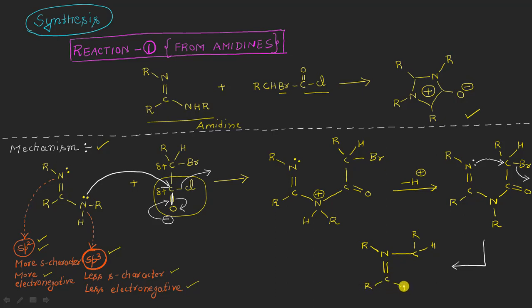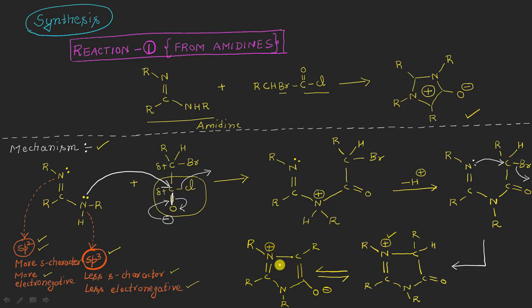R here single bond nitrogen, the other R group single bond C double bond oxygen, and there will be a bond in between this and this, right? And of course a positive charge will now be present on this nitrogen atom in this way. We can always show the second tautomeric structure here, that will be R single bond nitrogen, single bond C R here. This will be a double bond as usual, a carbon here, this R group, single bond nitrogen having this R here, this will be a double bond now here, and this will become a single bond oxygen negative, and a positive charge was present initially, as you can see here in this way, right?